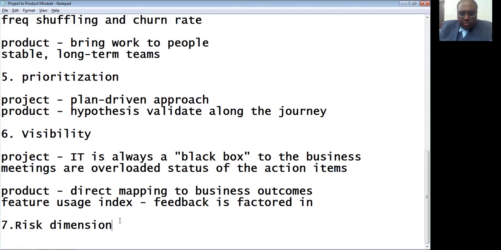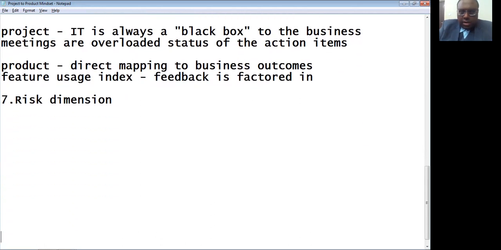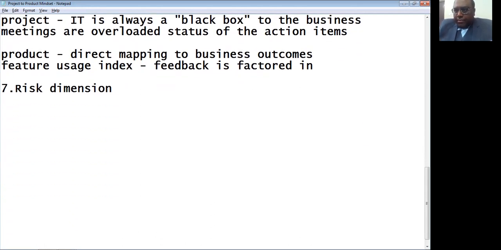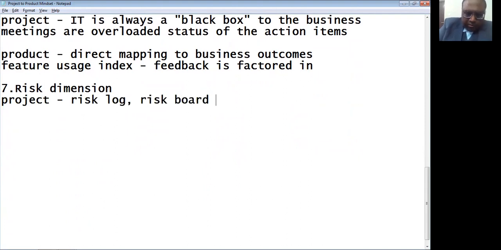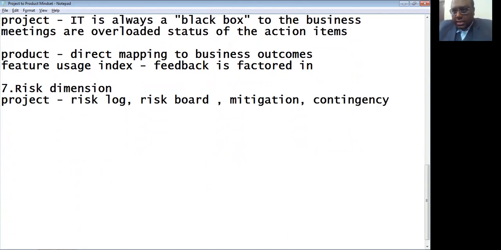Now the point is, whenever we are talking about risk, in a project mindset, yes, you create a risk log, you create a risk board, and you come up with your mitigation or contingency plan,